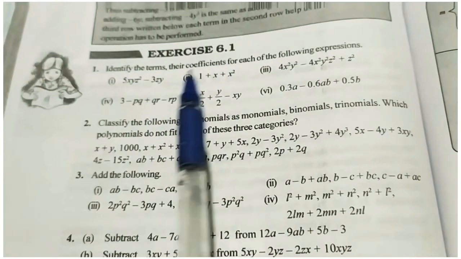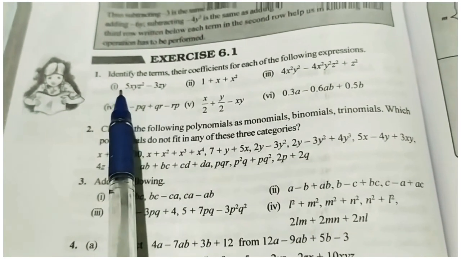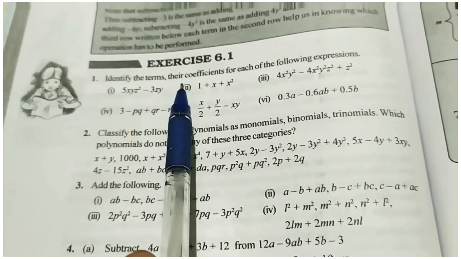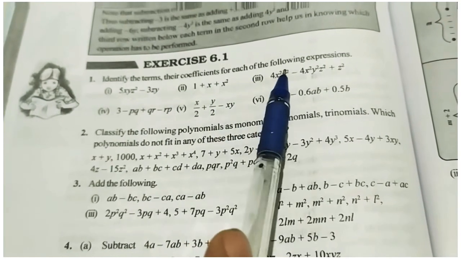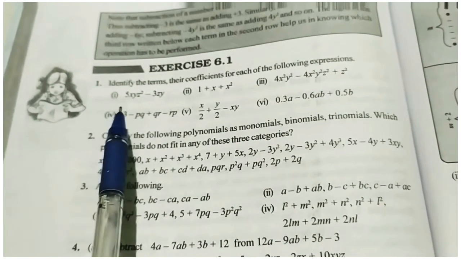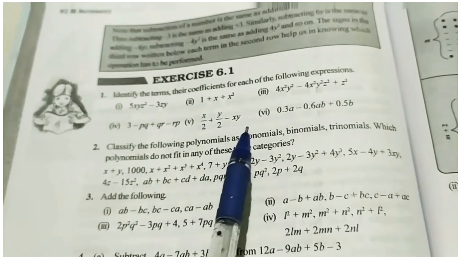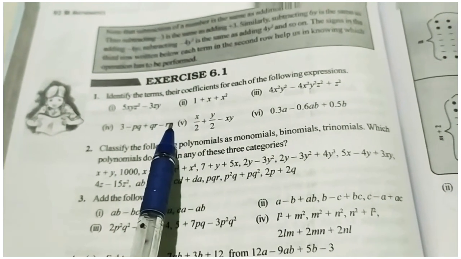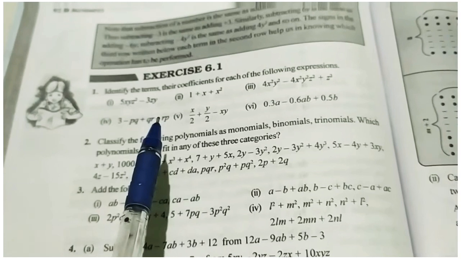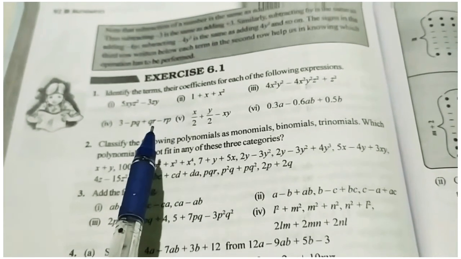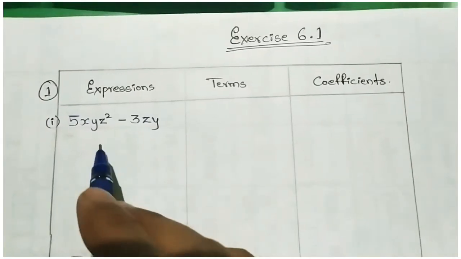In exercise 6.1, first question, identify the terms and their coefficients for each of the following expressions. Okay, so here there are totally 6 expressions given. Out of 6, I will show you how to write the terms and coefficients for 3 expressions. So in the first expression,